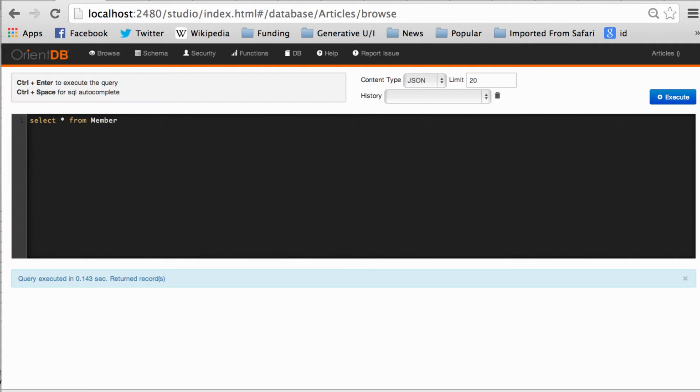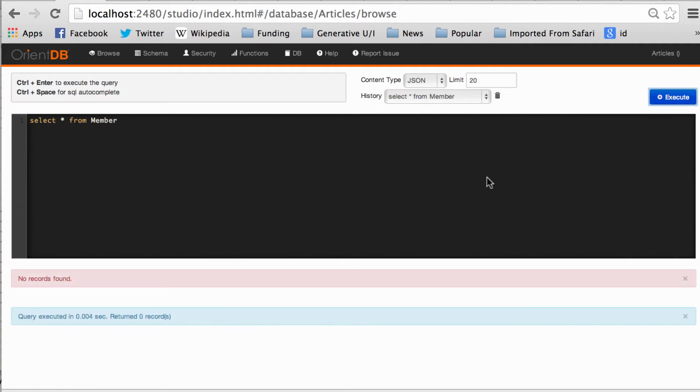If we now select star from member, that should be a valid query. Of course, there are no records found. We could insert one really quick to make sure that everything works. So we could say insert into member and set the values. We had set the name equals Peter in this case,